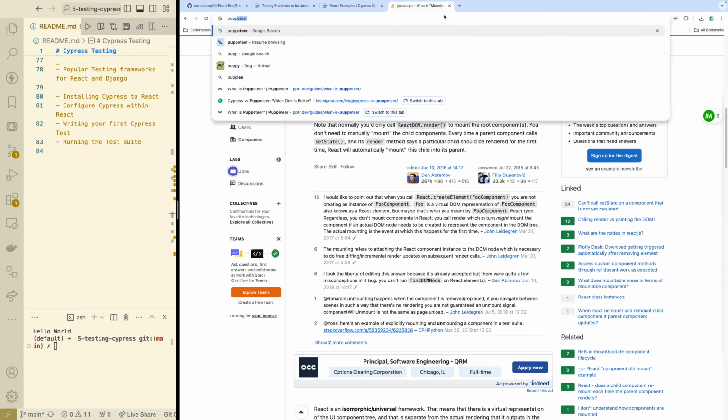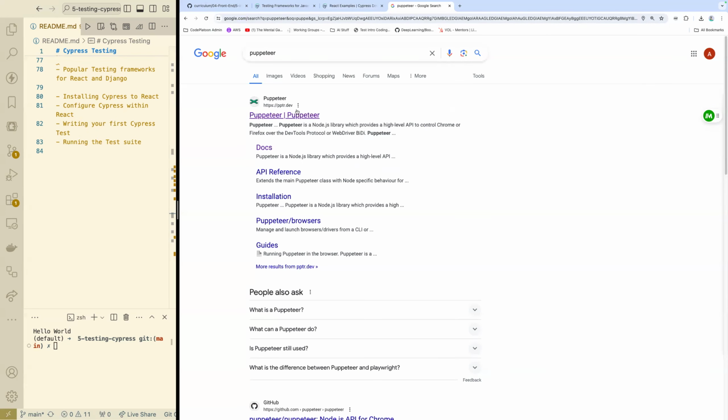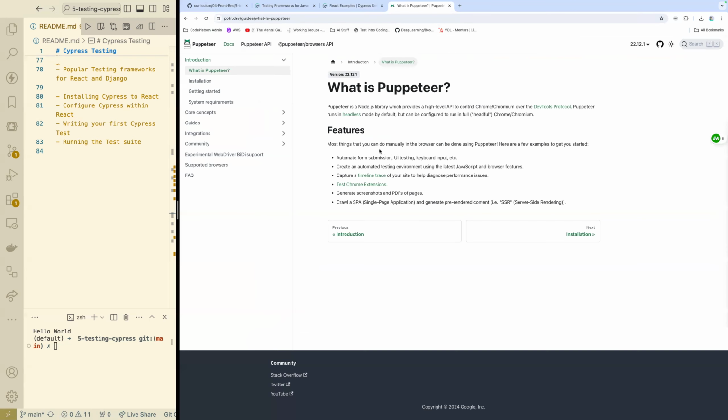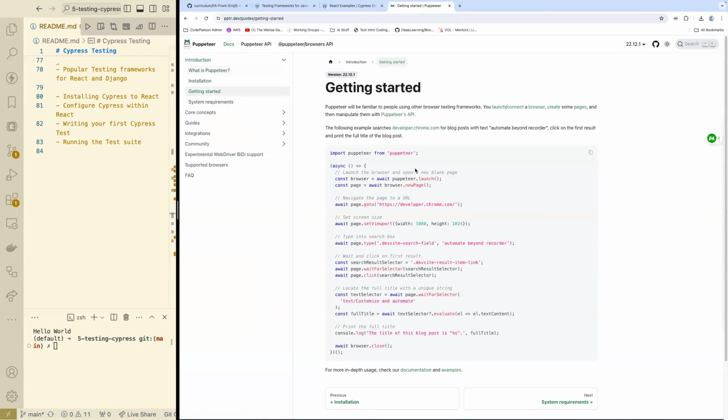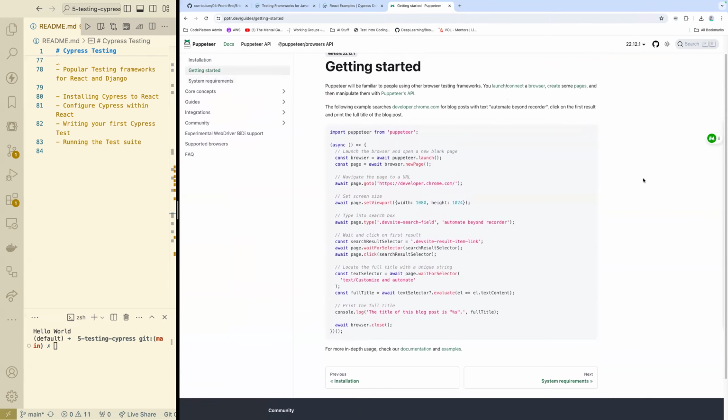Okay, awesome. So there's another JavaScript testing framework. It's called Puppeteer. We're not going to be using it. And in fact, Cypress uses Puppeteer, but we're going to briefly look at it just to see the difference between the two. Excuse me, I just had to pull up my notes. So if we go here to the Puppeteer getting started page,